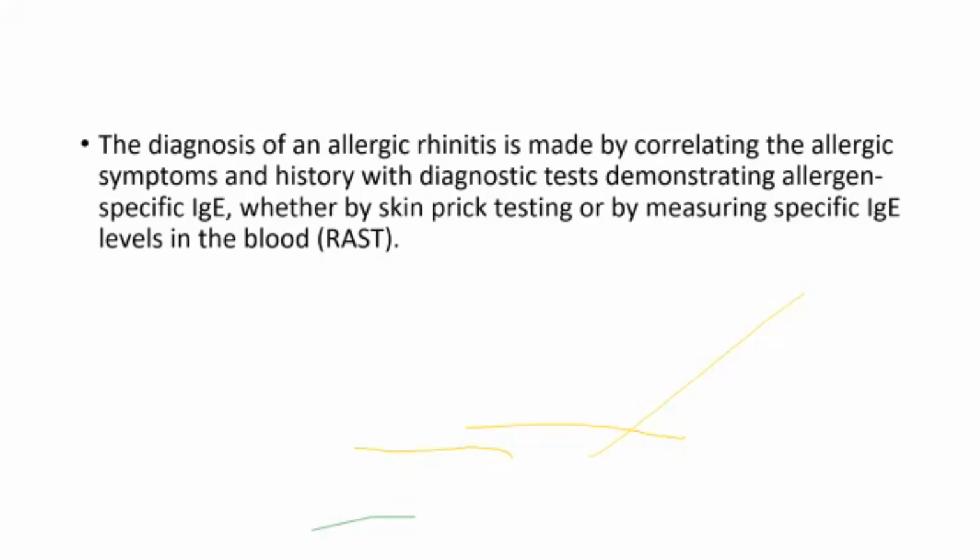What is specific IgE? What is IgE? We have seen that IgE is the hero of the story. So IgE, whether that fellow is X or Y or Z, you have a specificity that is done by the radioallergosorbent test, as you know, RAST. So IgE in the blood is measured by means of this RAST. So you can just keep it in mind.